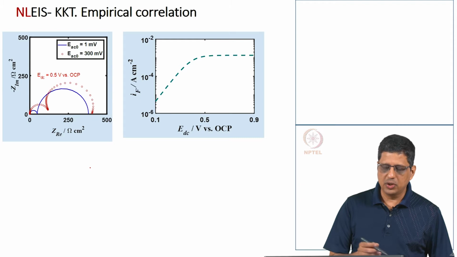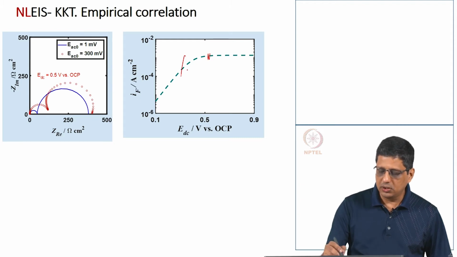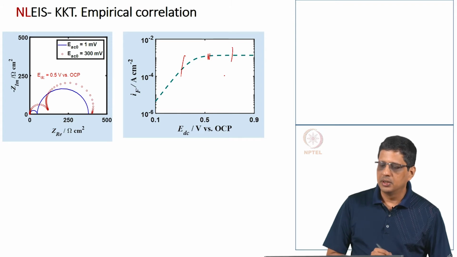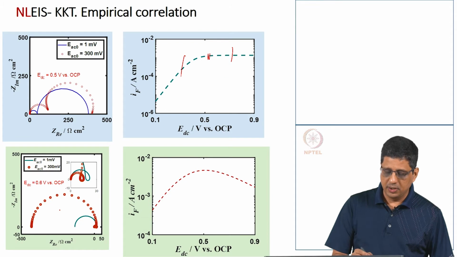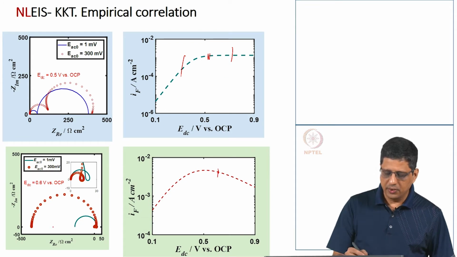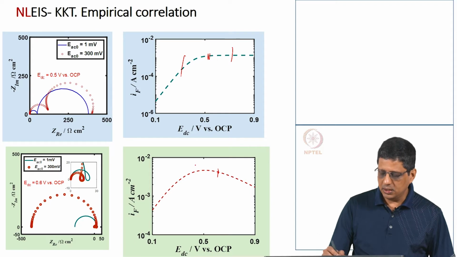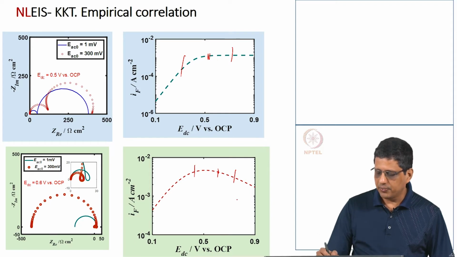3-step reaction with 2 adsorbed intermediates. Again, at 0.5 volts, if I go to 300 millivolt range, it is not linear. Log I versus EDC is not linear. Here at 0.6 volts, of course, it has a negative slope. That is why the low frequency impedance settles at negative real values. And this also, if I go to plus or minus 300 millivolts, 0.6 plus or minus 300 is actually fairly large,